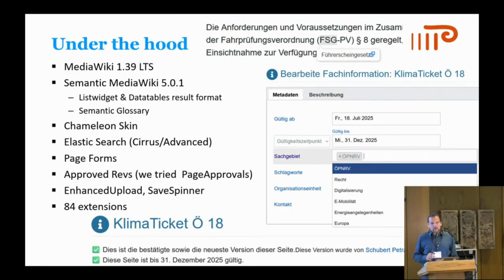But both is possible. They actually wanted a curated list, but I said, let's just start adding the topics that you want, and the curated list will emerge, because you don't mistype, or you just, with 15 people, basically agree on the topics. But it would be possible to say this is a curated list and you have a drop down or whatever, where you can only select those that are predefined.